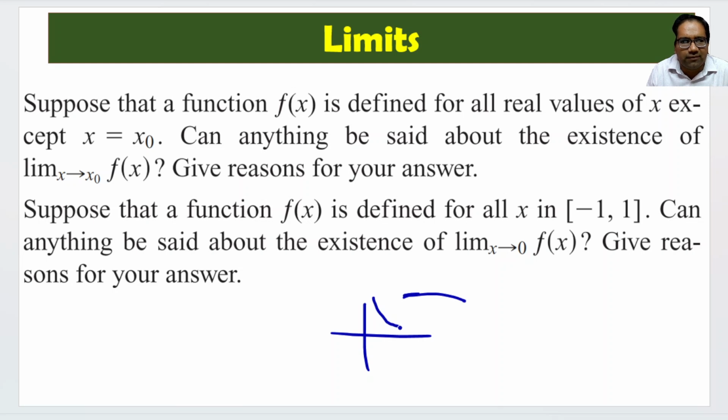it's not necessary that the function is defined at x equal to x0. So for example, if you define a function like this is x0, or we have defined multiple functions, right? Like this, 1 by x. 1 by x, when x equal to 0, the function is not defined, but for whatever other value, the function is defined. Can we say the limit exists at x equal to 0? No, we cannot say, because on one side it is